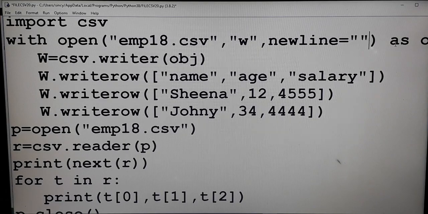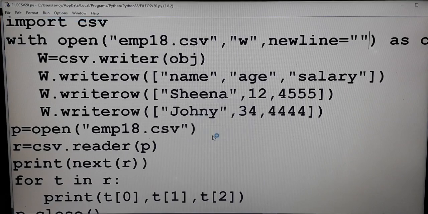To avoid that additional line in the CSV file, you can use newline over there, newline empty quotes. That means no new line is needed. Now I am going to run this program. This is an additional argument you are using along with the open statement.